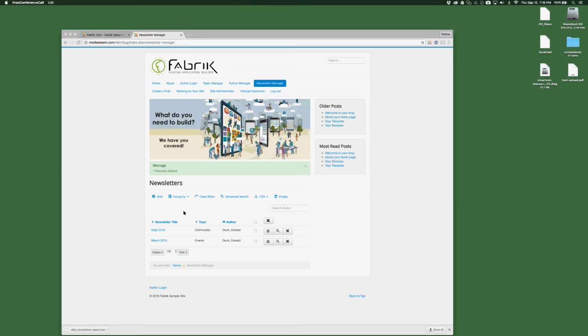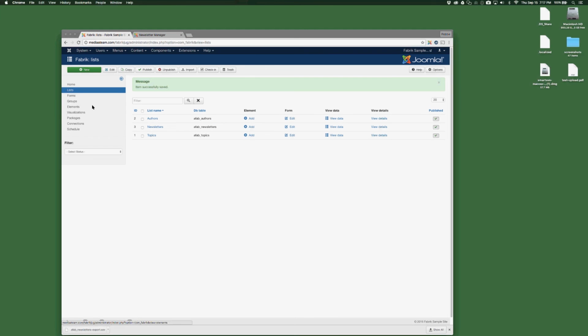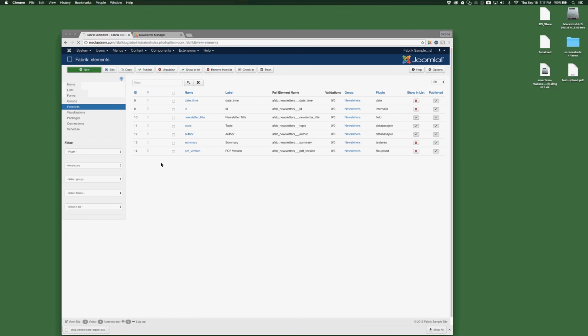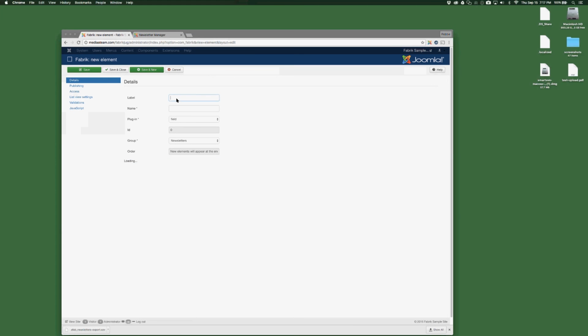Yes. So, for instance, let's say on these newsletters we wanted to have something that was an internal notation, internal notes, or maybe we want it to be something like, was this mailed or not mailed? Well, that's just something that we want to know as a staff, but that should never be out there in the details world for anyone else. So I could go back here to my elements, and I could say, I'm going to add a new field, mailed, and this is going to be